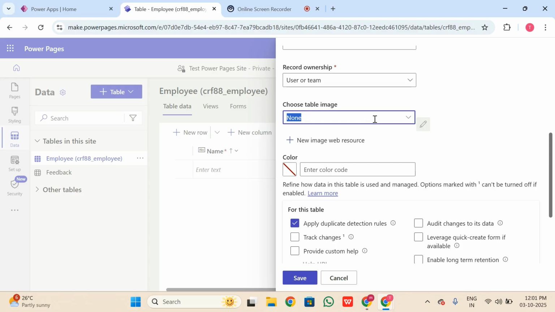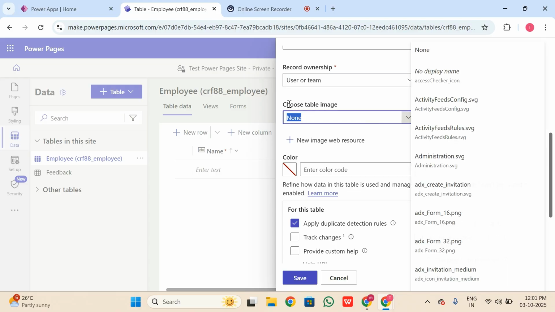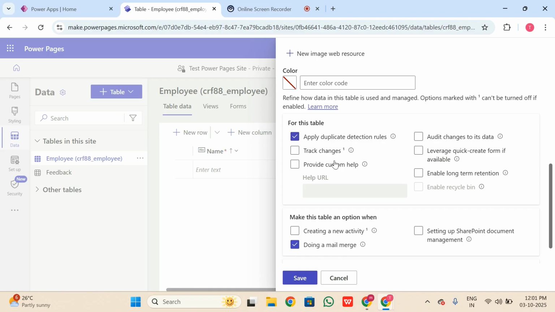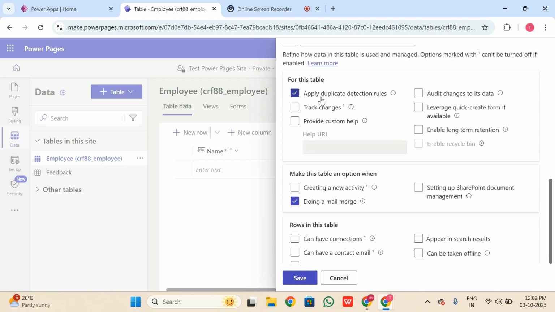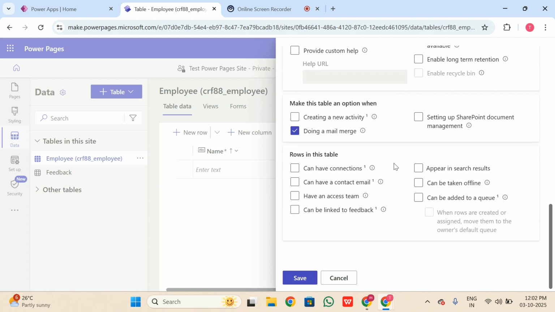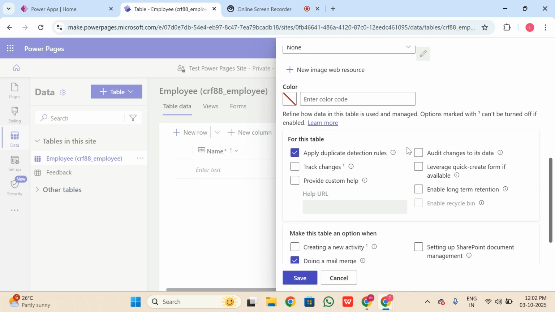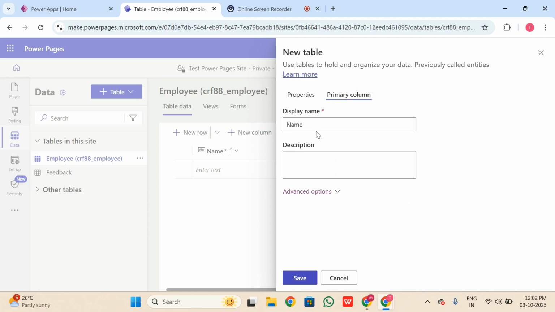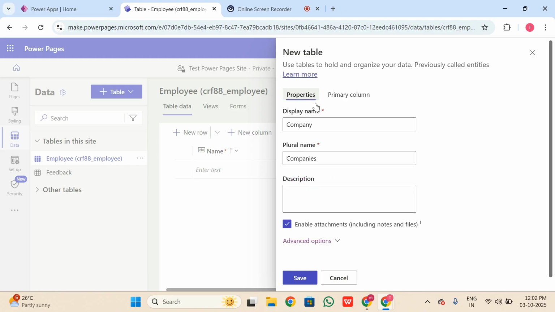If you want to add an image for this table, you can add it from here. You can also apply the duplicate detection rule, meaning if any column is duplicated, we can identify it from this. These are extra settings which are not needed for us this time. So this company table is created.